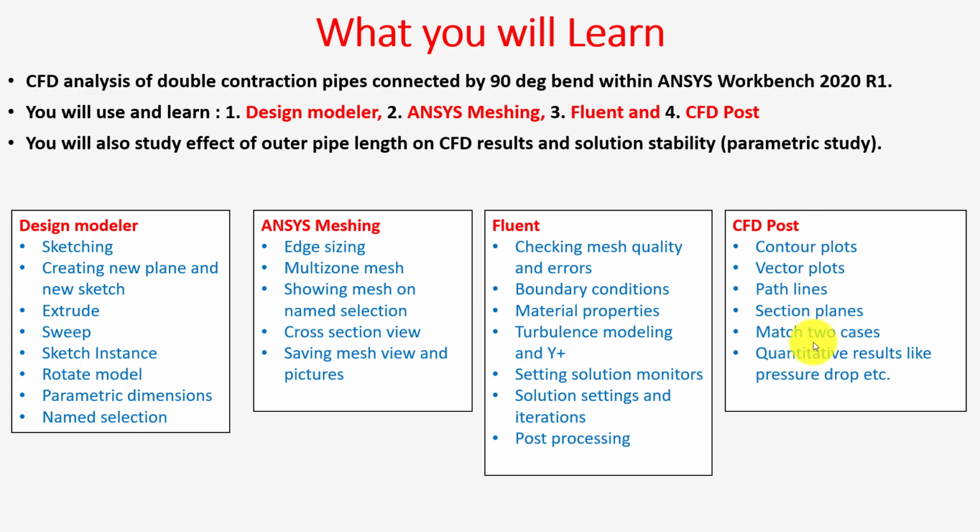And so we want to create side by side two plots, let's say for the velocity, pressure, or maybe vector plots, and we want to compare them. The important thing here is that the graphical layout and the parameters or variables should be similar, meaning a similar range of these variables on the contour plot, and a similar graphical layout so that both pictures have the same view. And then also we'll discuss how to get the numerical results like pressure drop, velocity at some plane, at some, let's say, outlet, and different things here.